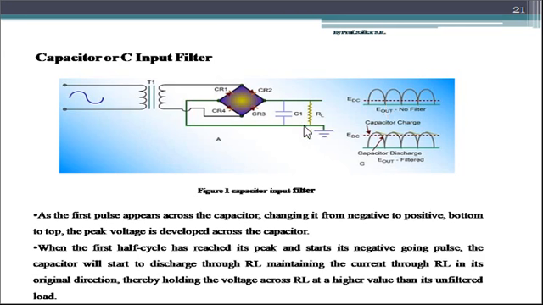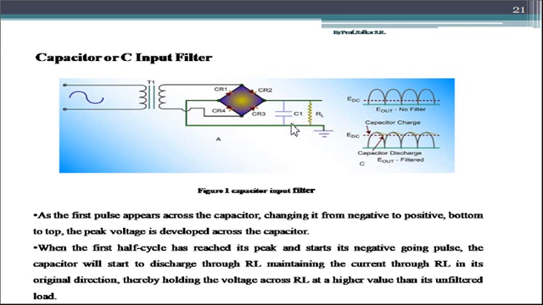Now, when the capacitor starts charging, the charging path for the capacitor is provided through this rectifier. That is, the output comes through the rectifier and starts charging this capacitor. The charging path to the capacitor is provided by this bridge rectifier. Whereas once the waveform starts to fall to the 0 value, the capacitor discharges. When the capacitor discharges, it utilizes the path of RL, because C1 and RL, that is the capacitor and RL, are connected in parallel with each other.